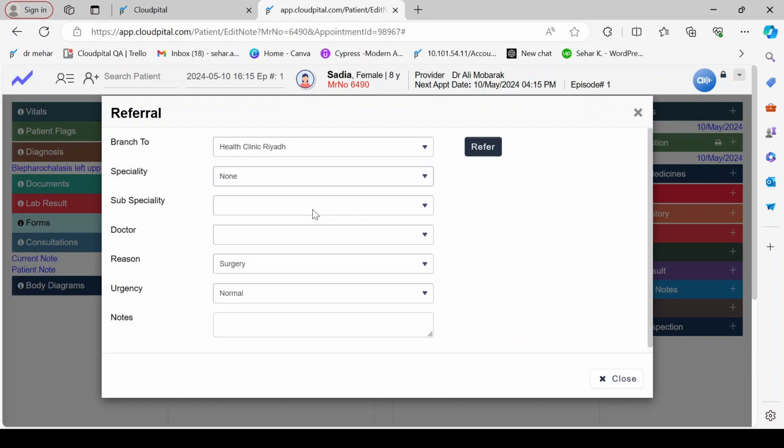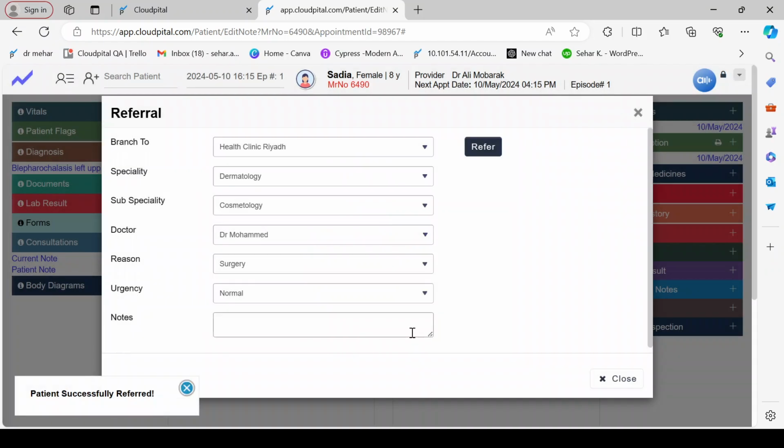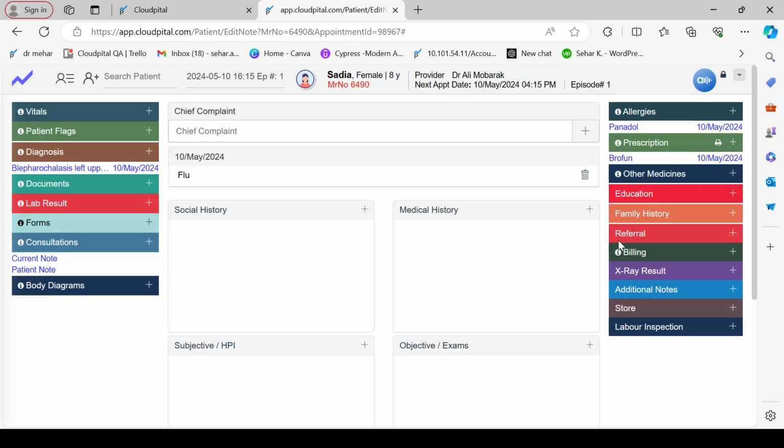Just select any specialty, the subspecialty, and then the doctor name. I'm selecting the doctor as Muhammad and their surgery, and then refer to other doctor. Okay, so this data is referred to Doctor Muhammad. We can refer from here.